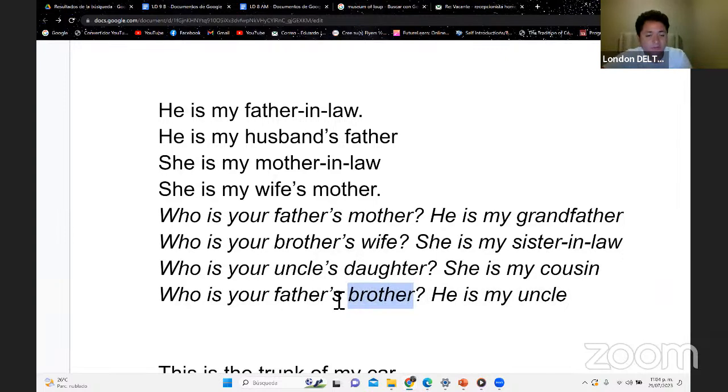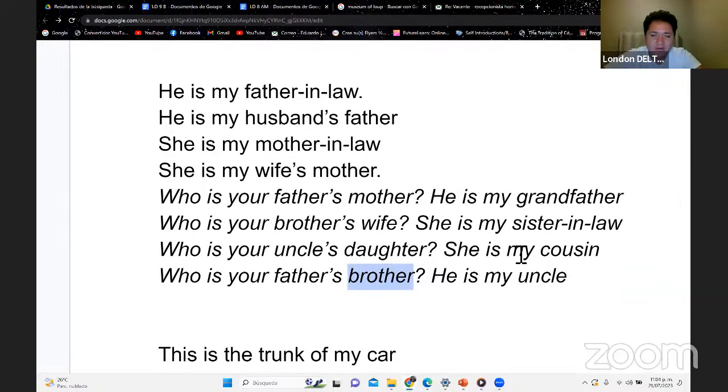Primero menciono el dueño de este miembro de la familia y después digo lo que le pertenece. All right? En español, pues bueno, la lógica sería al revés. Okay, very well. So I would like to ask maybe Sofia, who is your